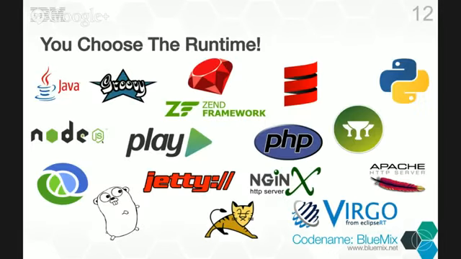This is a semi-complete list of all the languages, frameworks, runtimes, and containers that we support in BlueMix. Everything from Java to Grails to Node to Play to PHP to Python to Scala to Ruby to Go. And if you're interested in types of containers to run these applications, if you're a Tomcat guy, you can use Tomcat. If you like to use Jetty, you can use Jetty. If you want to use Liberty, you can use Liberty. If you want to run your PHP app on Nginx or on Apache, you have those choices as well. So a wide range of things that you can